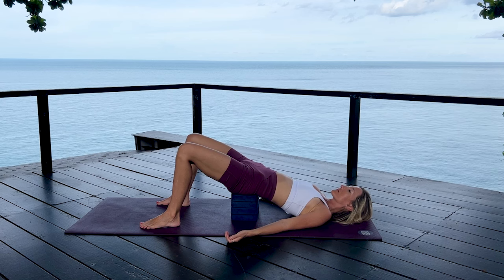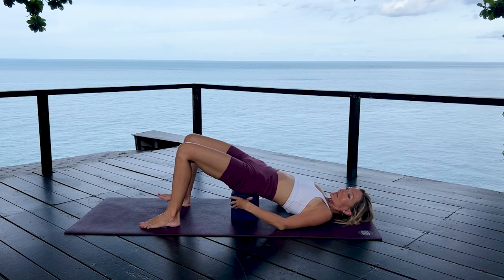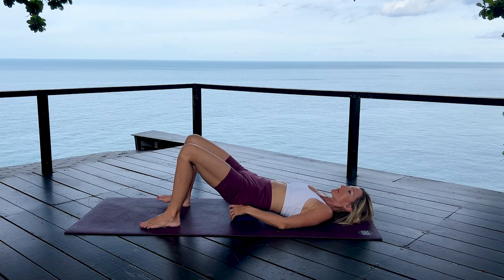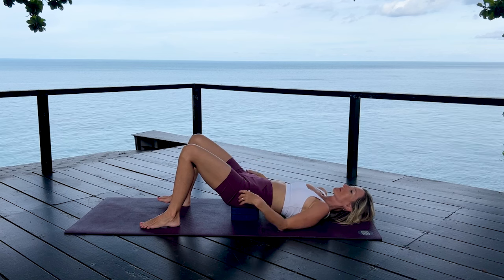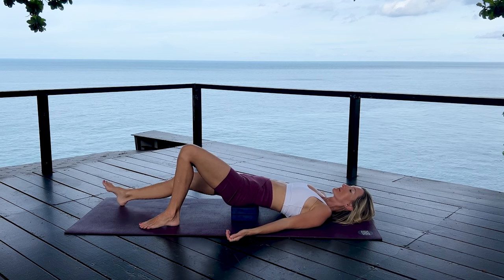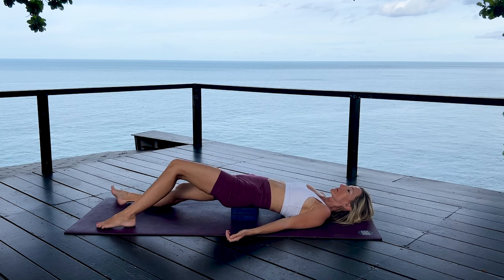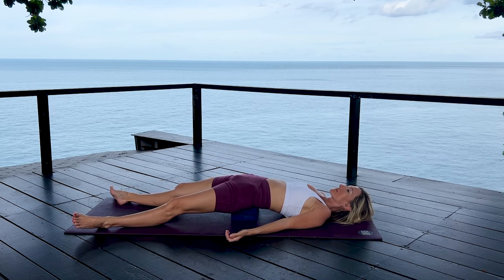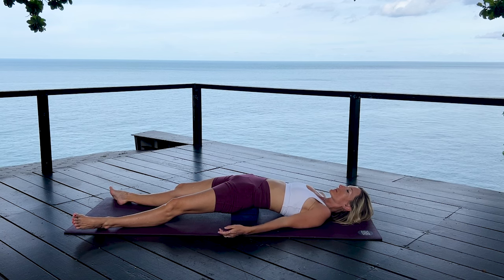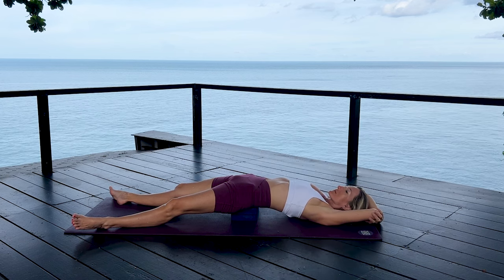And now an option for the remaining minutes of this posture. You can either stay here or transition into a pontoon pose by sliding your right leg forward, heel resting the ground, and then sliding the left leg forward, both heels resting. You can allow the feet to fall out towards the sides if they want to. And then maybe reach your arms overhead,